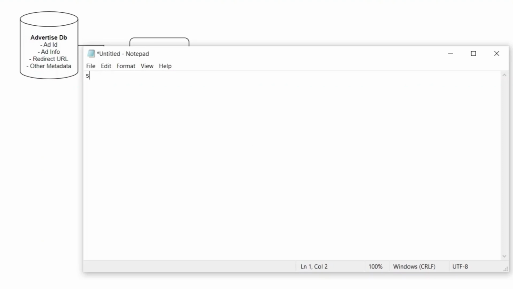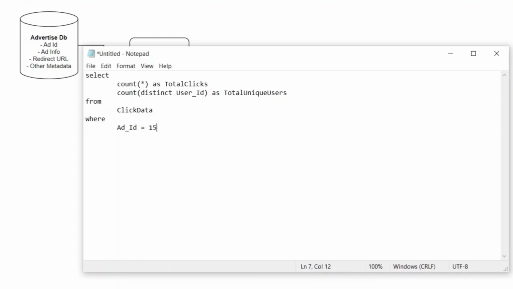So let me write: select a count of total clicks, and a count of distinct user IDs as total unique users from our table, that is click data, let's say click data for now, and where the condition would be the ad ID should be 15